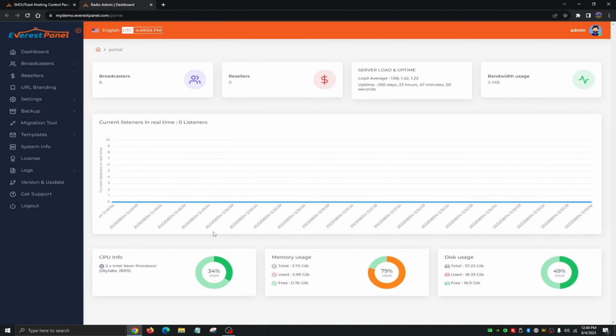So once we've logged into our dashboard, we're always going to see first the home page, which shows us a broad general idea of the dashboard itself. Our CPU info down here, our memory usage, disk usage. Up top we have the broadcasters, resellers, our server load and uptime, our load average, and the amount of days our server's been up, our bandwidth usage, and right in the center we're going to have the current listeners in